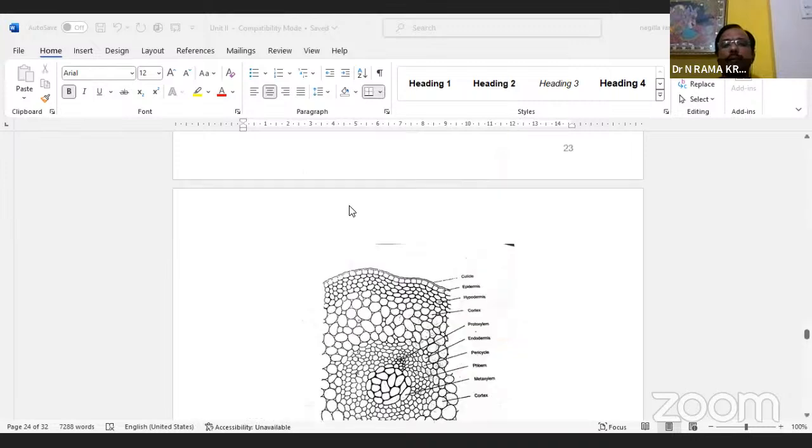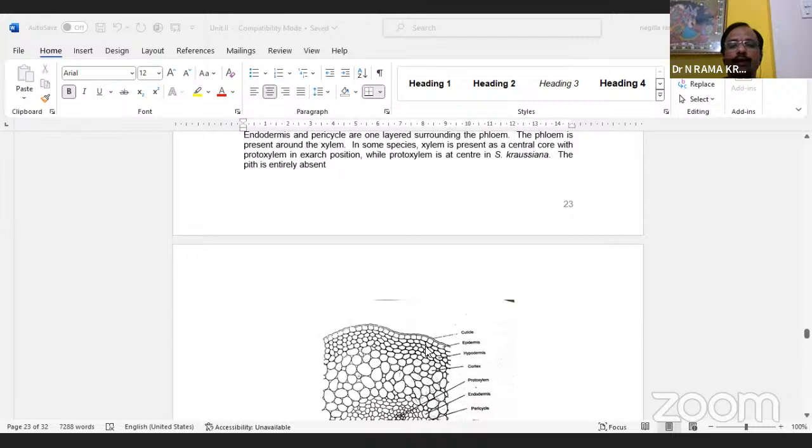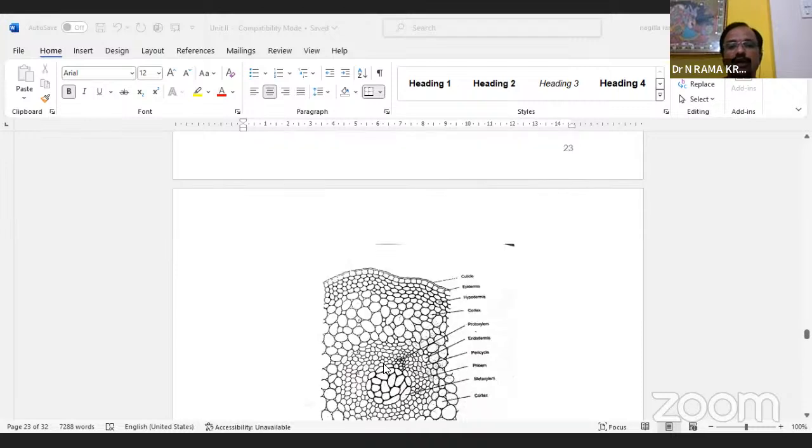One is the epidermis. Here, you see, the epidermis is a single layer. There are no intercellular spaces, but above the epidermis cells we are looking at one special wax-like layer-like structure. We call that the cuticle. That's why it has a few xerophytic characters. And below the epidermis, above the stele,